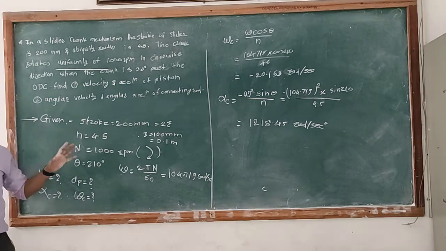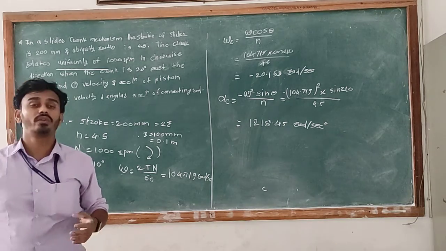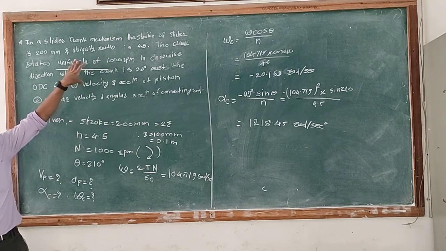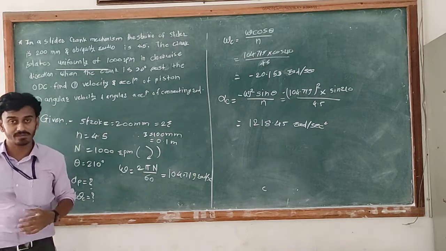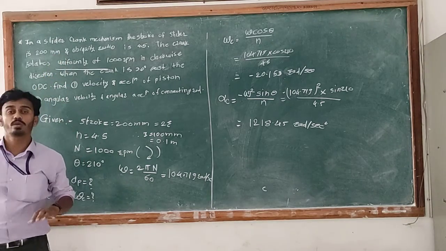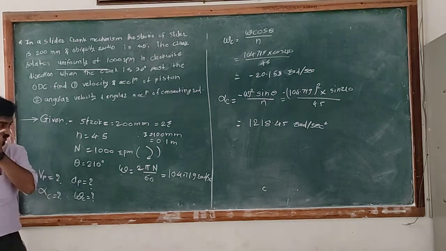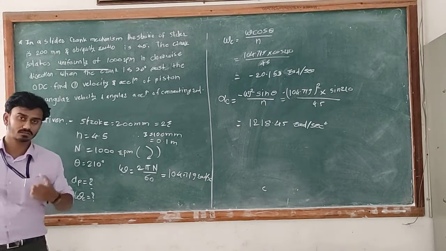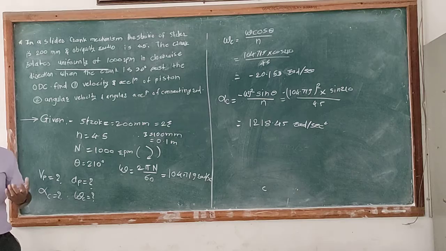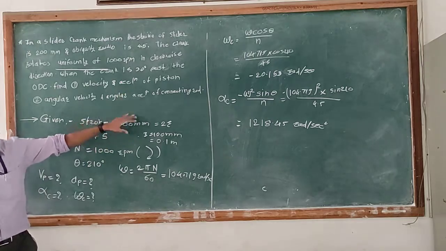Okay, all the other numericals are similarly based on the formulas we discussed at the start of the lecture. When any numerical is given, we have to find out what the given quantities are and which formula is suitable. In this numerical, they have given that the crank is rotating at a uniform angular velocity, meaning omega is constant. So while calculating the acceleration of the piston and the angular acceleration of the connecting rod, we consider the case that omega is constant. Okay, so this is the complete solution of this numerical.